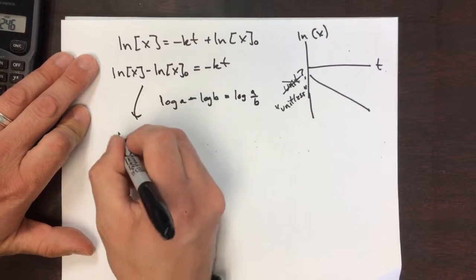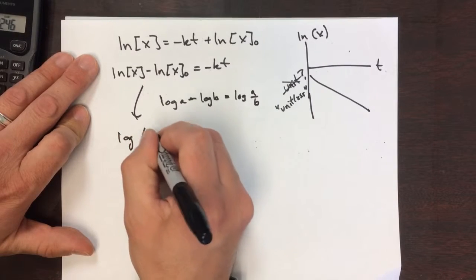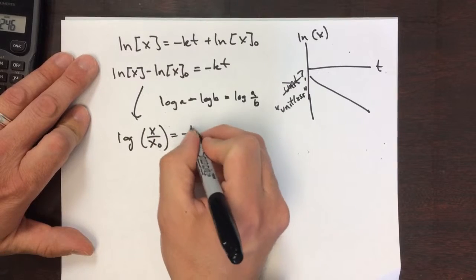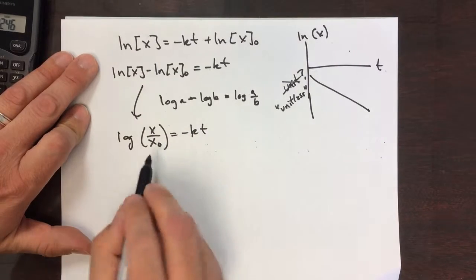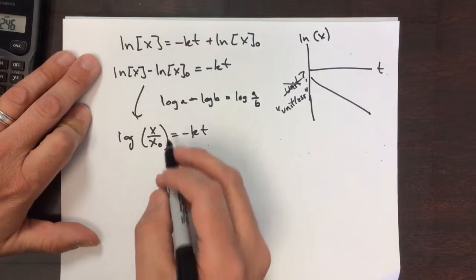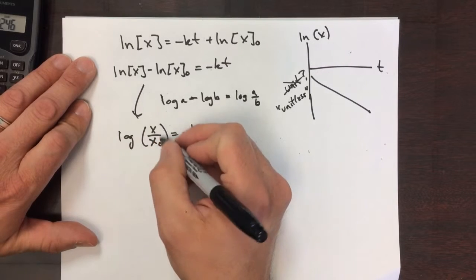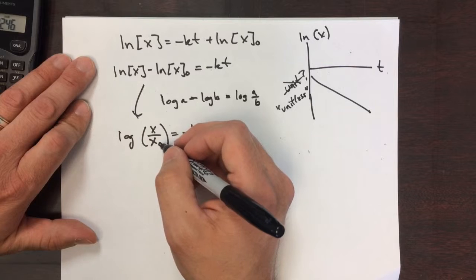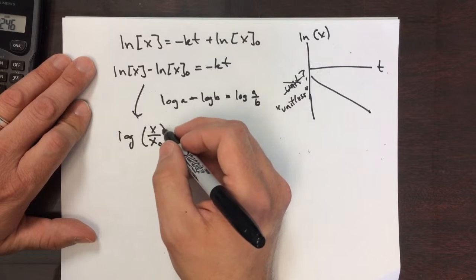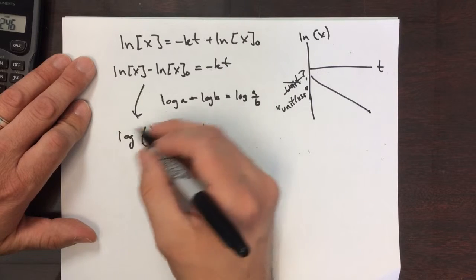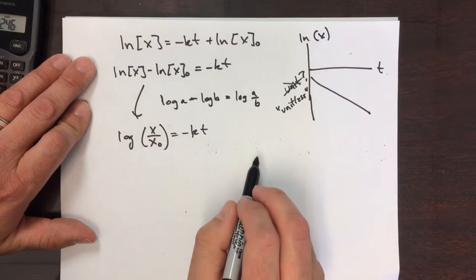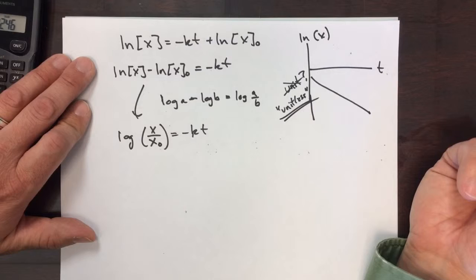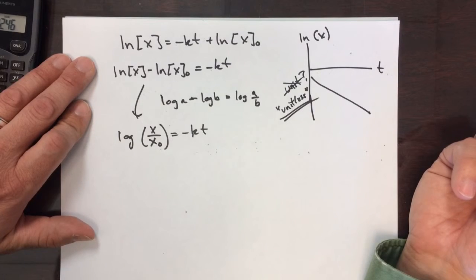We're going to take this and turn this into ln of x over x naught, and that's equal to negative kt. And so the units that would be here, which are usually molarity or atmosphere, because they get divided, the units will disappear simply because they're found in this ratio inside the logarithmic expression. And that's why we just simply say that our y-axis is unitless. This is also where the